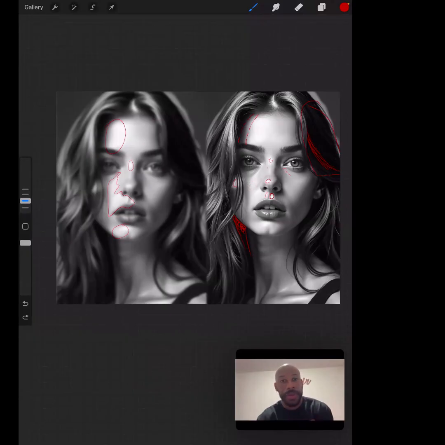Yeah. Do you do this in your non-realism pieces too? Non-realism pieces are different. I'm actually